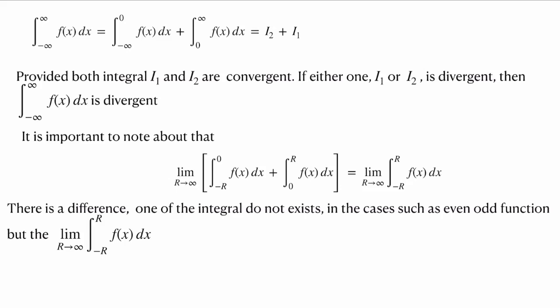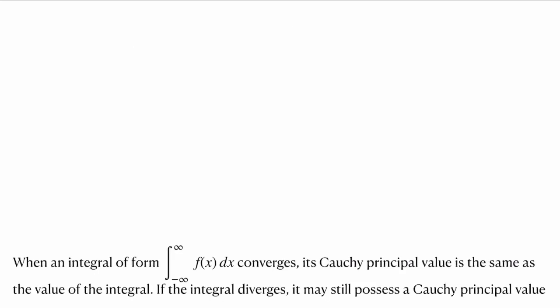And if you take the limit r going to infinity, it is going to converge, taking the value of 0. But the individual integrals I1 and I2 are non-convergent, because the integral diverges if it is an odd function which is monotonically increasing. But some of these integrals, taken in this form, would be converging. So one has to be careful and accommodate this fact too.